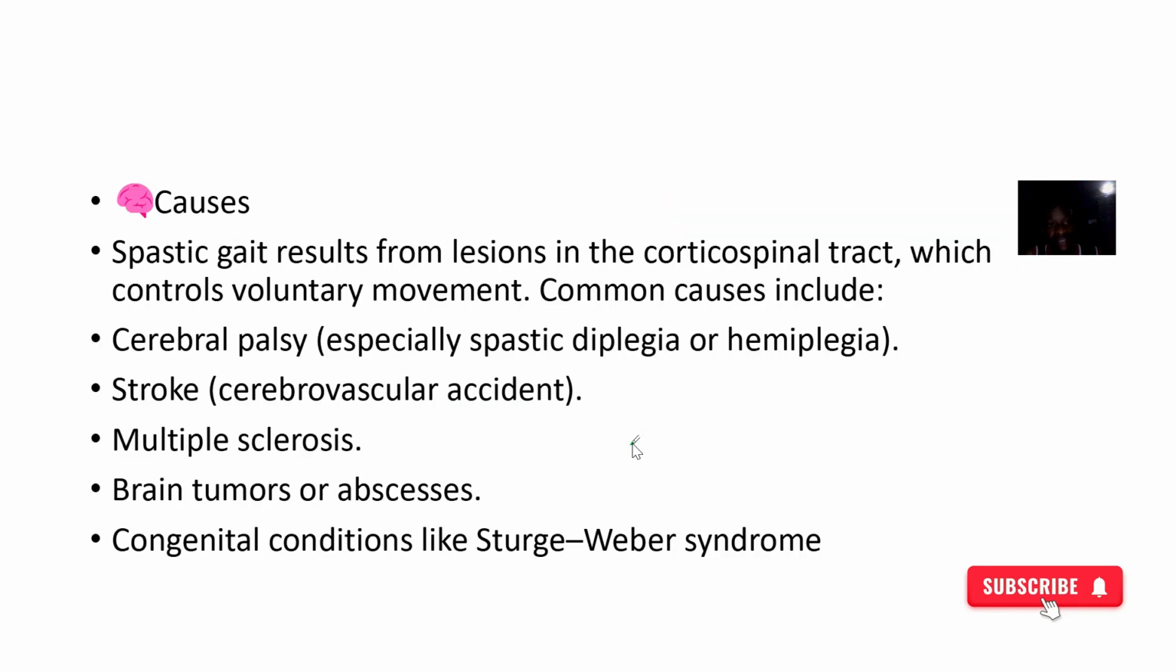This is spastic gait. So what are the conditions related to spastic gait, which is the most important part of this lecture? It's usually caused by lesions in the corticospinal tract, the tract that makes it possible for me to move my leg the way I want, to go here and come back. If there is a disconnection in that tract, there's no more communication. So cerebral palsy, stroke, just like I was saying, multiple sclerosis, brain tumors and abscesses,